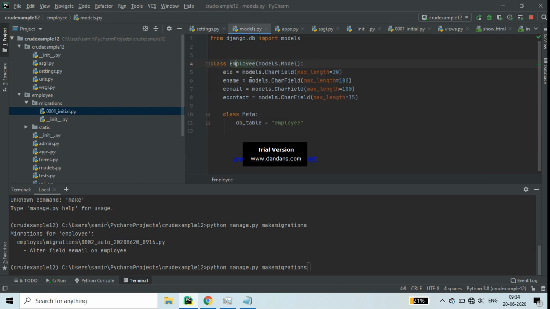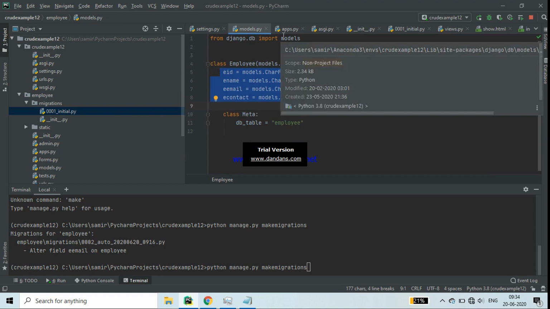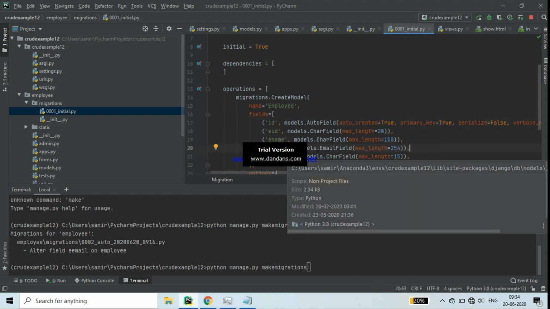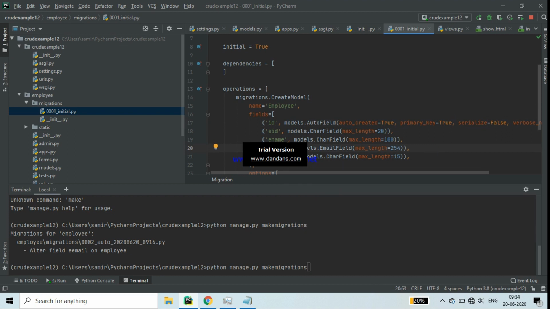I have not made an id field on the model, but here you see one default id field will also be created with a primary key. See primary key. So in this way your model will be migrated.